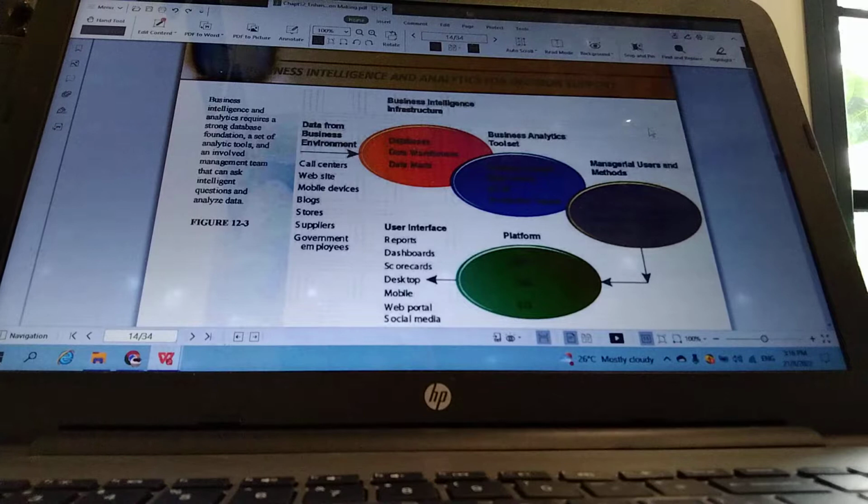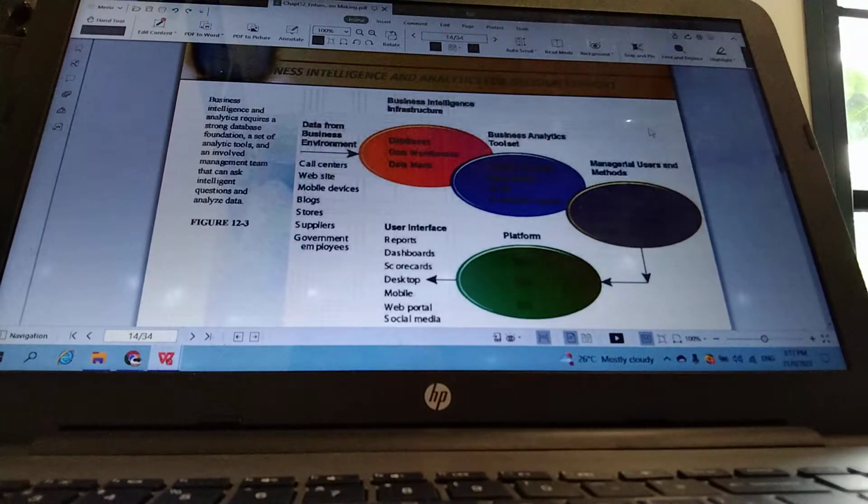So it is quite clearly explained here how these business intelligence and business analytics are being used by the users in order to assist them in making decision,